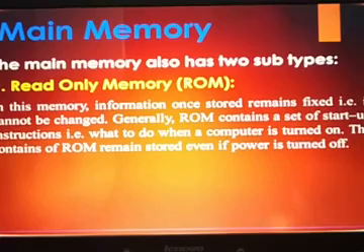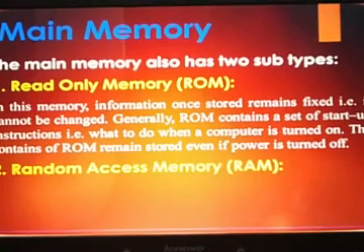The second one is random access memory. This internal memory that can be read from as well as written to is called RAM, that is random access memory. When people talk about a computer's memory in connection with a computer, they usually mean the RAM. The random access memory is volatile. Its contents are lost when power is turned off. Because of RAM's limitations, auxiliary memory is needed. The limitations of RAM are that it has limited storage capacity, and it's volatile in nature. That is, its content gets removed when power is turned off.